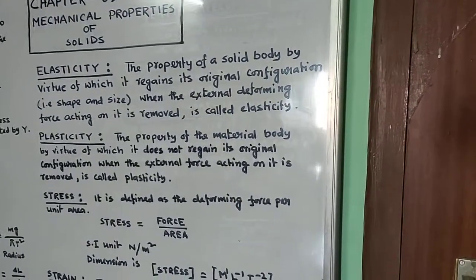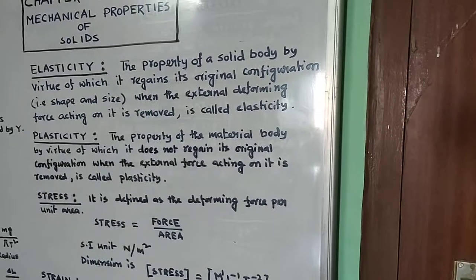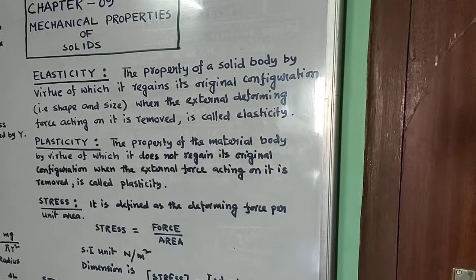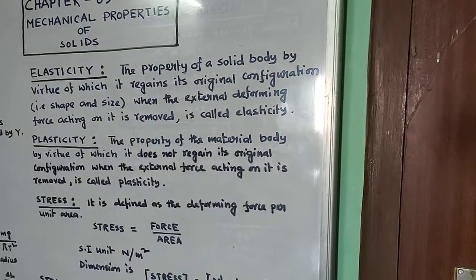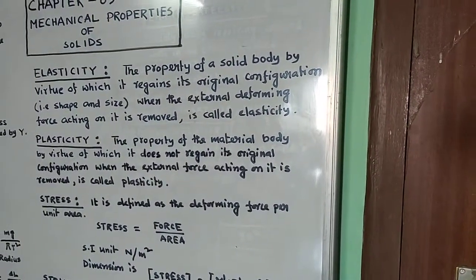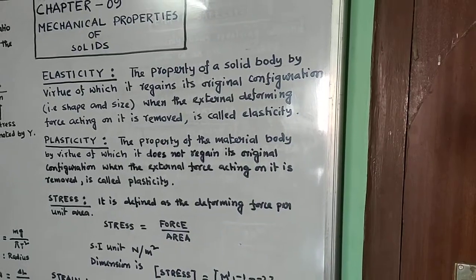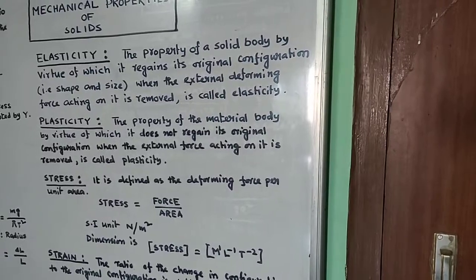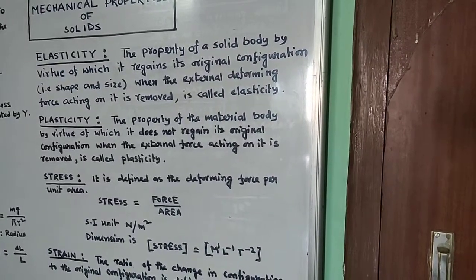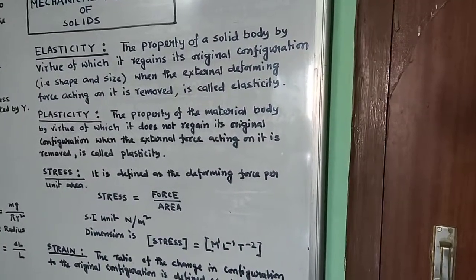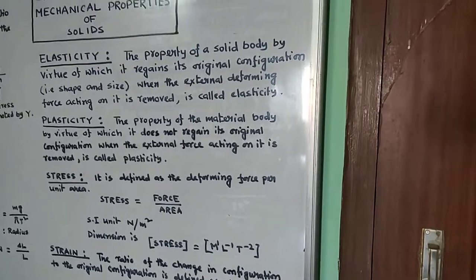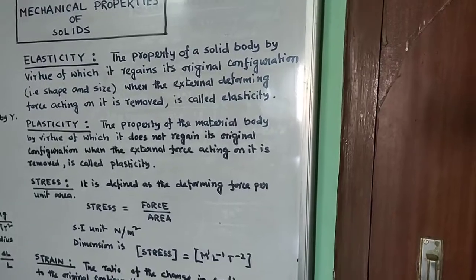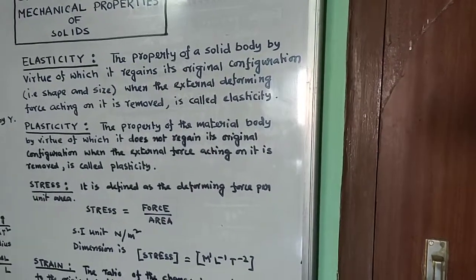Okay. So elastic is what? If the material regains its configuration when the deforming force is removed. And plasticity is what? If the material does not regain its configuration when the deforming force is removed, then it is plastic. So in a plastic material, always some deformation is there when you remove the deforming forces. So perfectly elastic you are not supposed to get in nature, or rather you can say all materials are